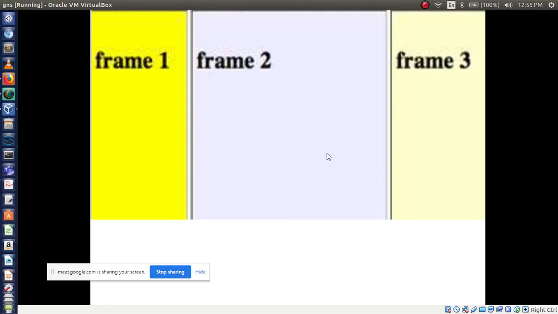After completing the frameset, here you have to display 3 pages. How many pages? 3 pages. For that you add the frame src tag. Frame src is equal to post.html, then frame src second.html, then frame src third.html. Like that you have to write. Then close the frameset tag. So this is the way to use the frameset tag. All of you write it down first.